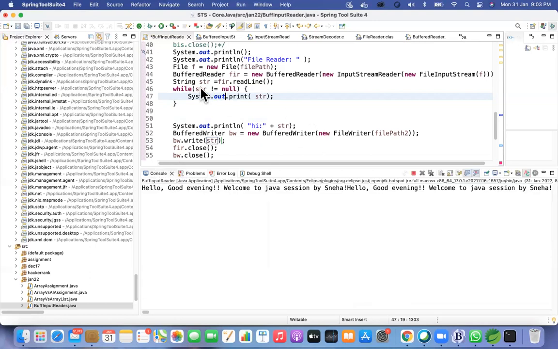Okay, so this one, string not equal to null, it's checking endlessly. So we'll just remove this while and then try. We have only one line of data, right?